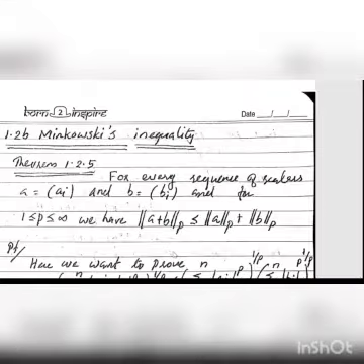This is Minkowski's inequality. It says that for every sequence of scalars a equal to ai and b equal to bi, and for 1 less than or equal to p less than or equal to infinity, we have a plus b, norm of that with respect to the p norm. P norm means you are having your p norm of x. You are taking your x